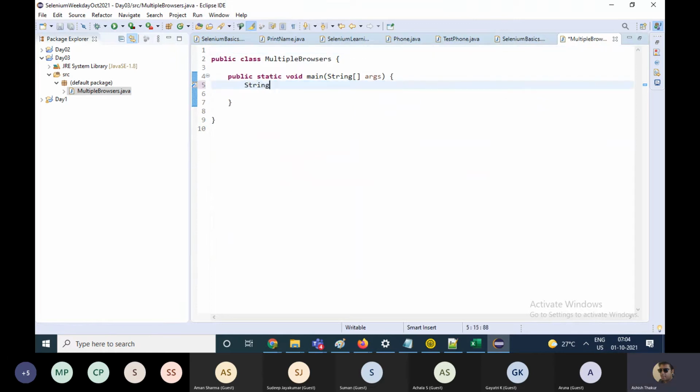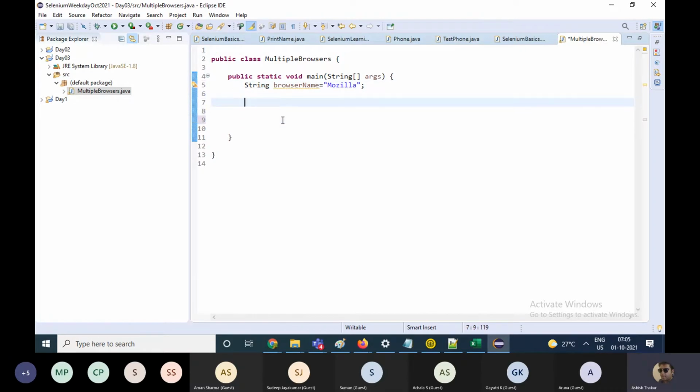Basically, if I define the browser name as Chrome, then whatever script you are writing should run on Chrome. If I change this browser to Mozilla, then the script should run on Mozilla.